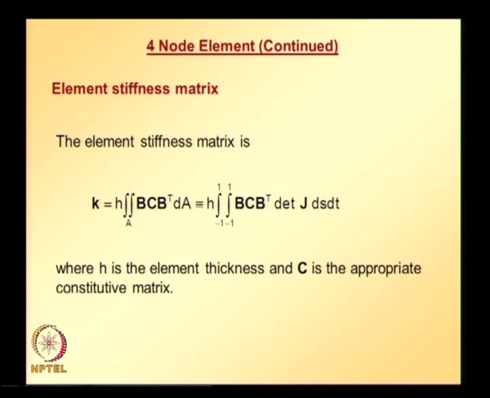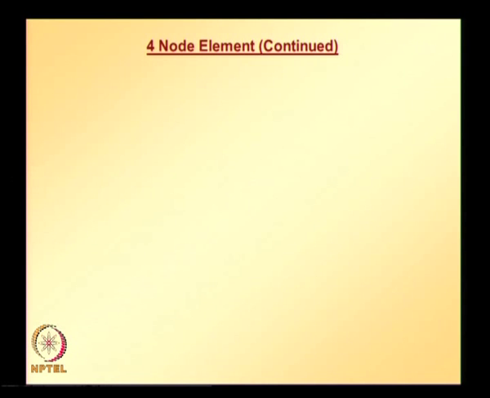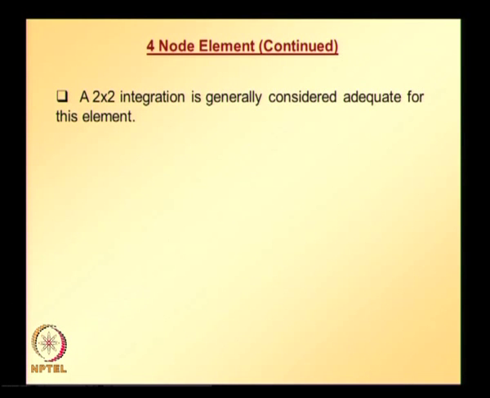And here in this equation, H is the element thickness, C is the appropriate constitutive matrix depending on plane stress or plane strain. The stiffness matrix can be evaluated using Gaussian quadrature, which is a numerical integration procedure. 2 by 2 integration is generally considered adequate for this element, and